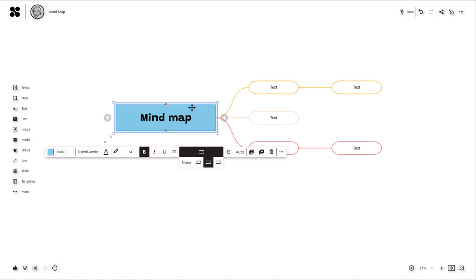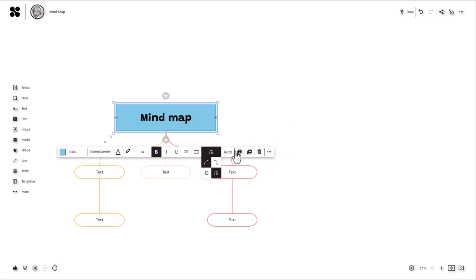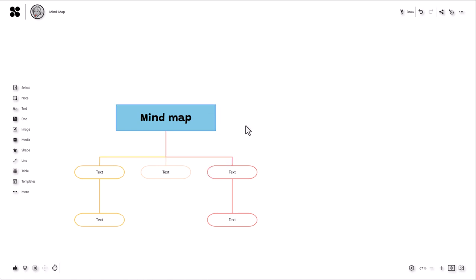Now, when we start adding to the mind map, you see the plus symbols are on the left and on the right side, but we can also change the direction of the mind map. We can have it either horizontally or vertically, so we can adjust this based on our needs, and we can also adjust the connectors from curved to orthogonal,